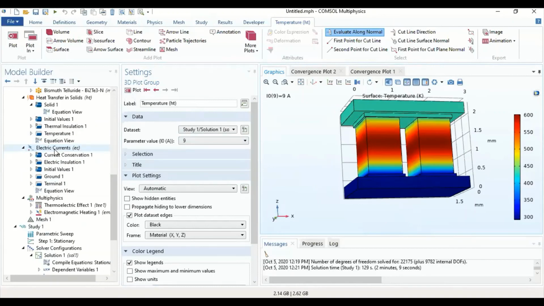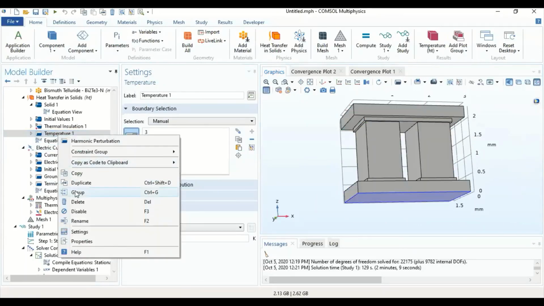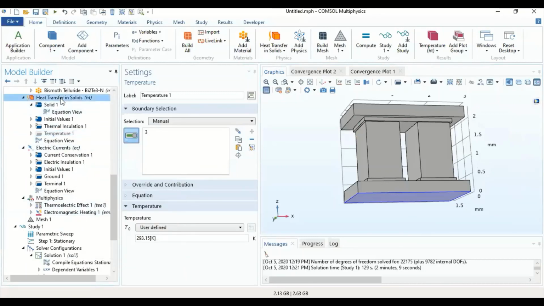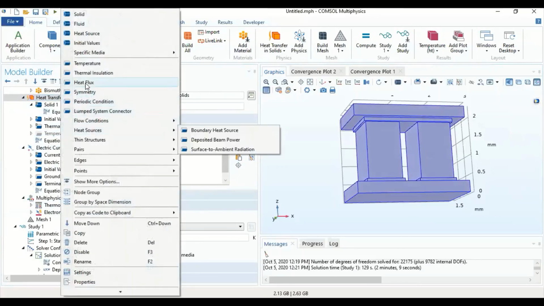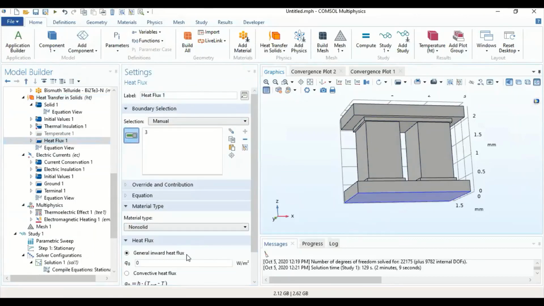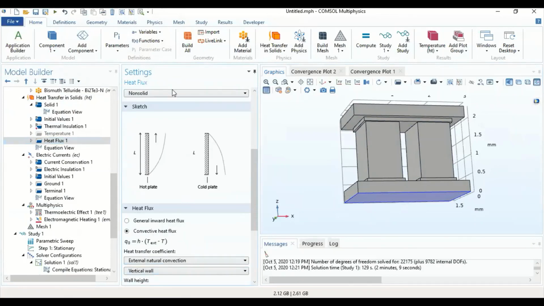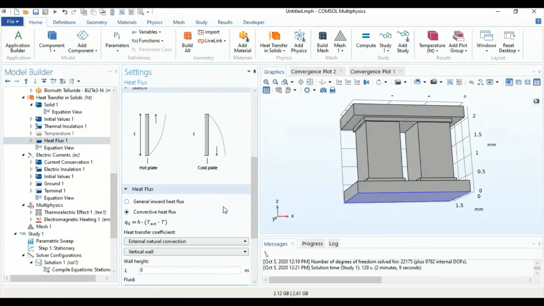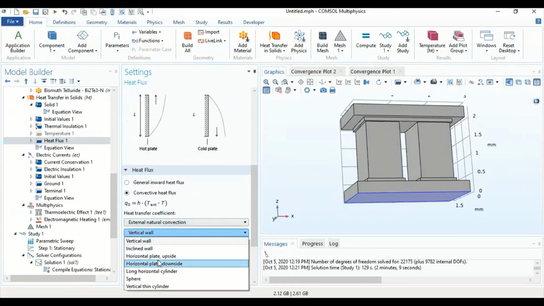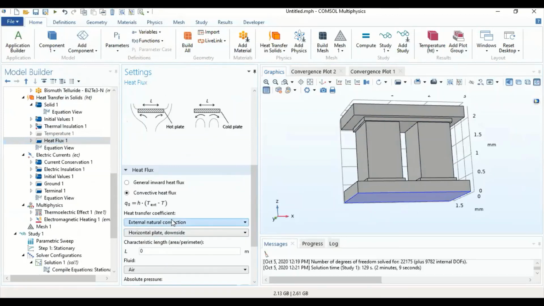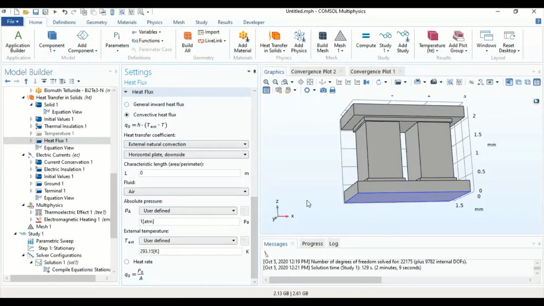So if we use a heat flux boundary instead of temperature, I think it should work better. So we can disable this and use a heat flux boundary on this surface. Use a convection heat flux, external natural convection for a solid, and it's a horizontal plate like this. And we can use this length, area or perimeter. We can use these features to calculate it again and create a more